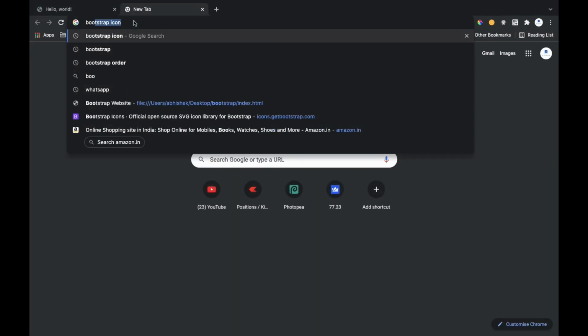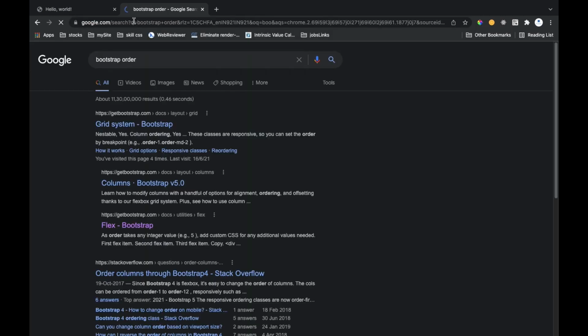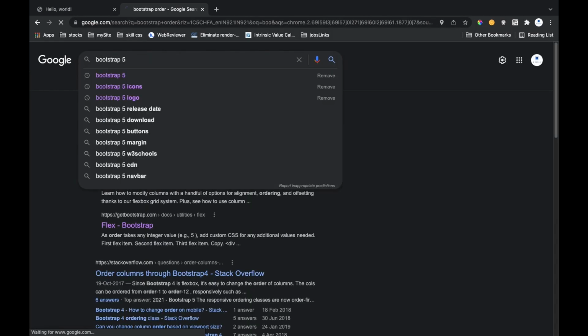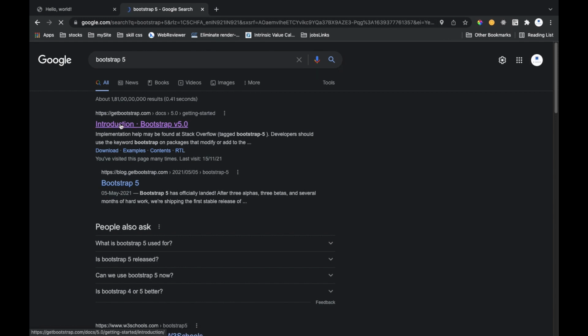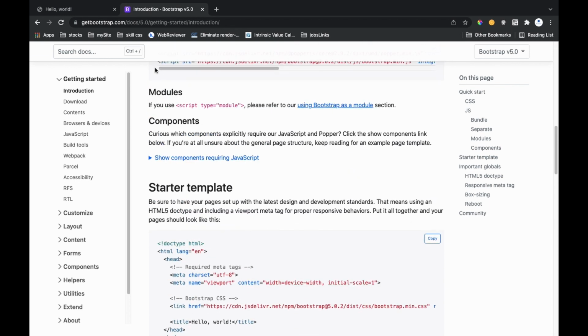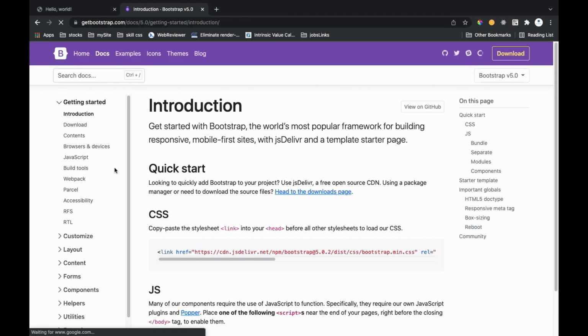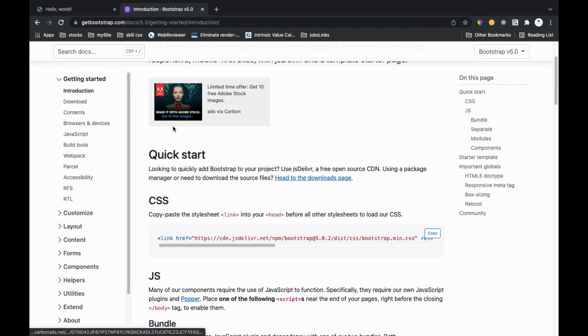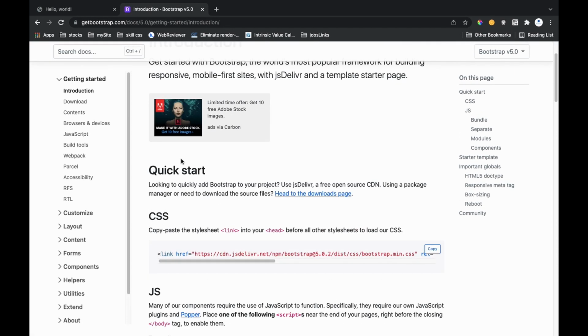So we will go to its website getbootstrap.com. So simply search Bootstrap 5 or Bootstrap, then you will get a first link here, getbootstrap.com. This is the website and I will provide this link in the description. So when you click the website, you get this page where you see the introduction is given.